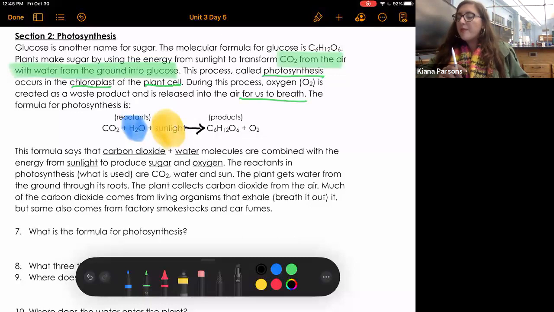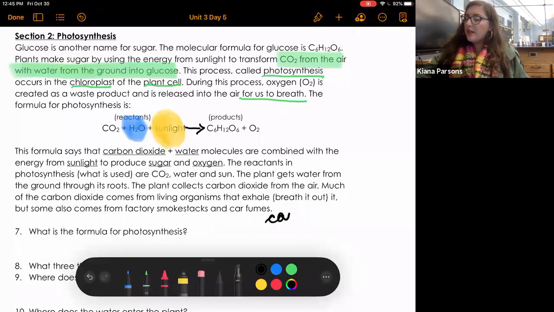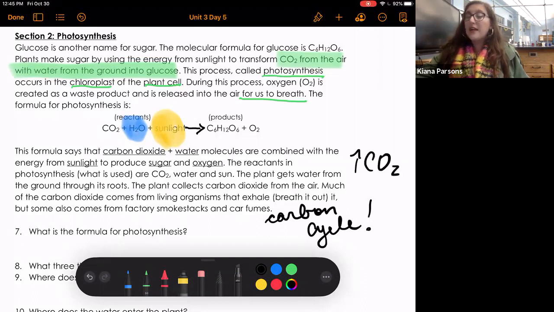But some also comes from factory smokestacks and car fumes. And what this is hinting at more broadly is the carbon cycle, which we will talk about in ecology. But as you guys are most likely aware, on planet Earth right now, we have too much carbon dioxide. And a big part of the reason why we have so much excess carbon dioxide is because of deforestation, so